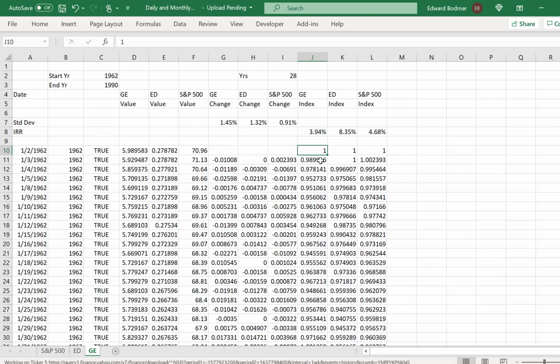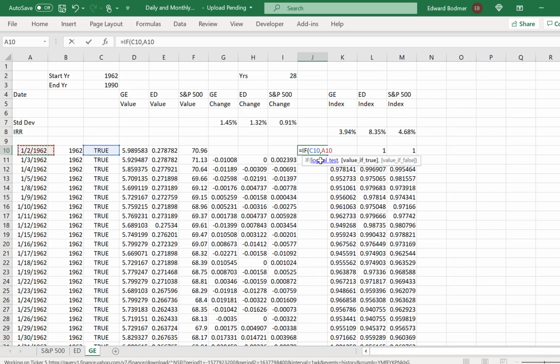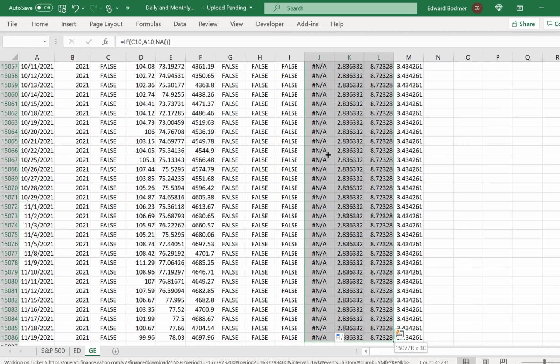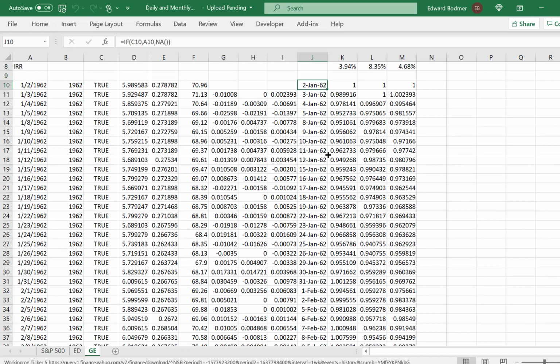Let's make our little graph now. If we wanted to make a graph, why not? What we do here is we put if, and you go to this thing, and then you put the date. Otherwise, you put NA, and it's a big deal to use the date. Of course, it's a really big deal to use the NA. And you have to format it, okay. And then we press F11 or something, and I totally messed up because,